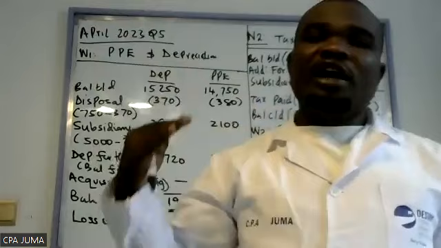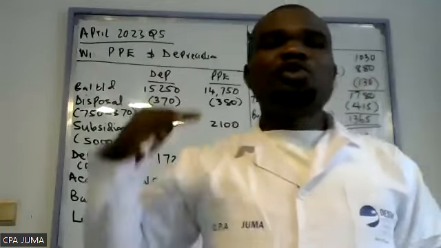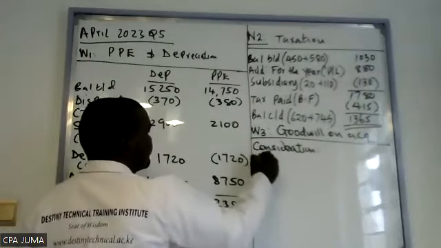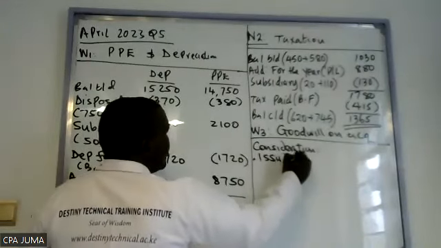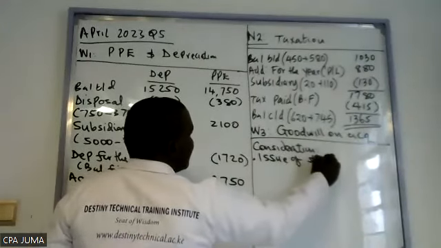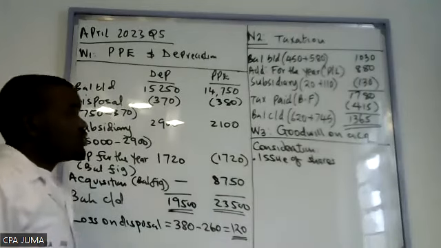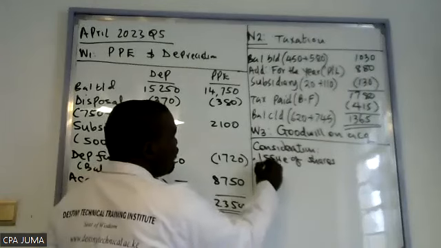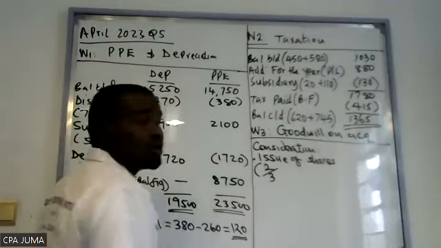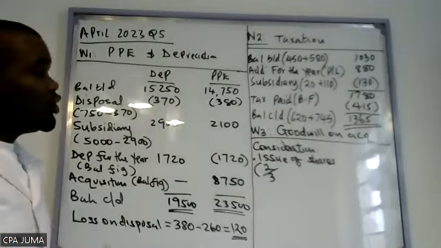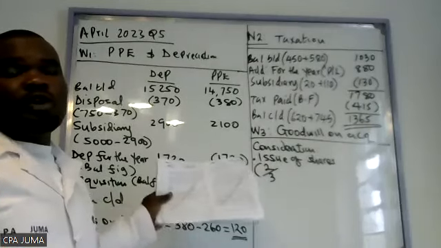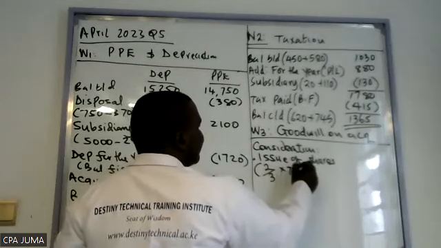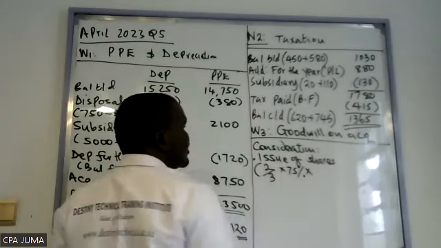So that is called deferred consideration because it will be paid in future. So consideration 1, issue of shares. They were issuing on the basis of 2 for every 3 acquired, but they acquired 75%